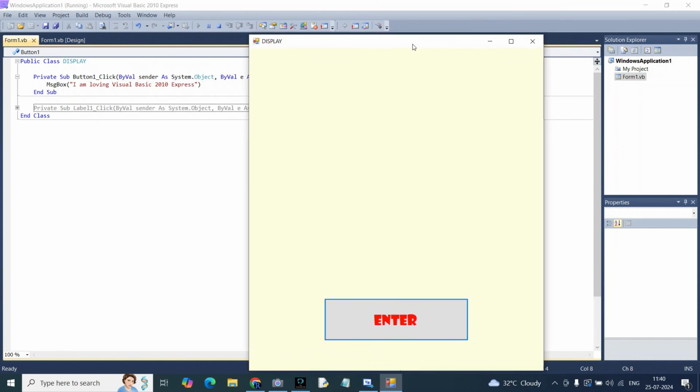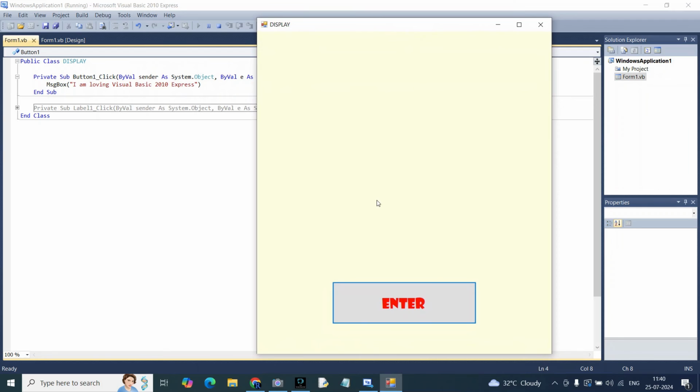Okay, so we have run it also and we have got this application, and whenever we click on it, the message box will open. So what's next? We have made the application, we have written the program, we have run the application also, and now let's